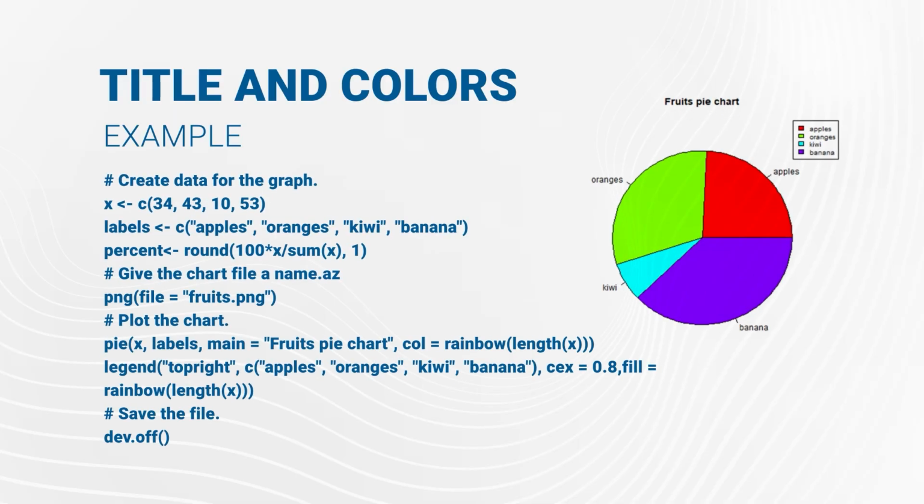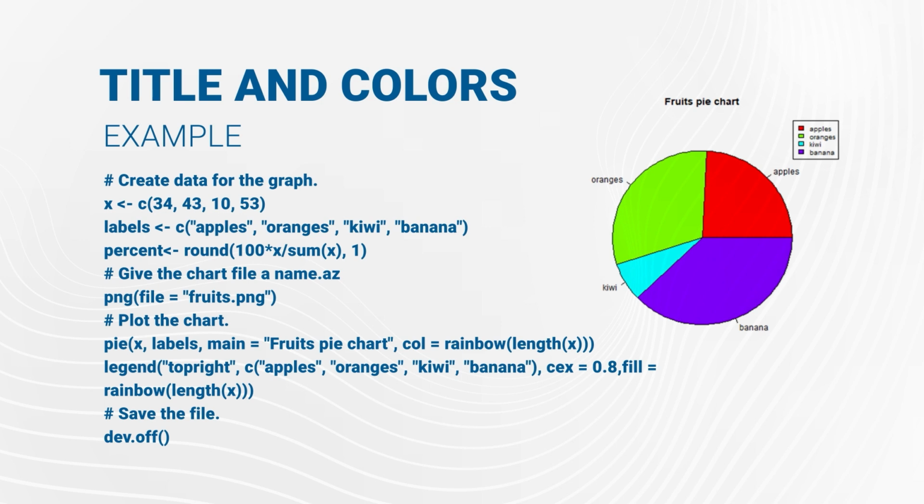Similarly, another example is that you can also add legends. Legends means that if you want to give more information regarding the pie chart, you can add it with the help of a legend. If you see this particular figure here, there are some square colors that are being added, and it is displaying which particular color